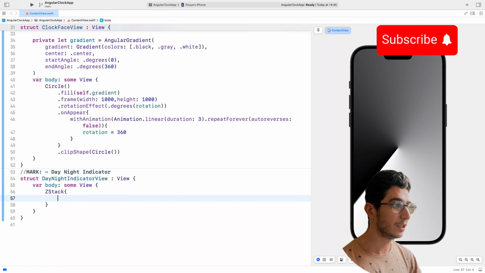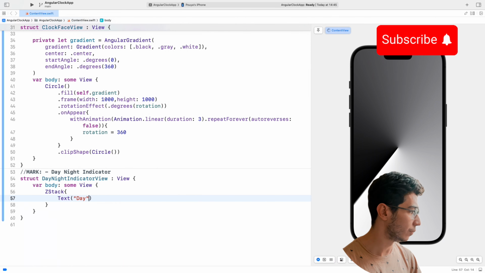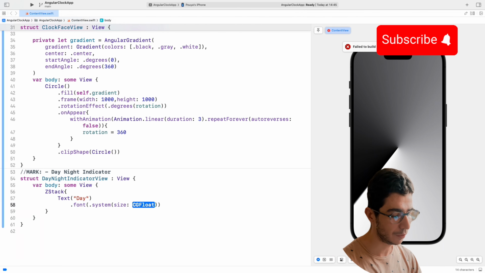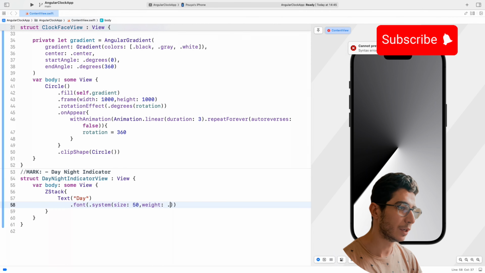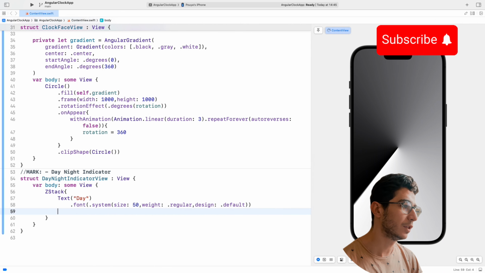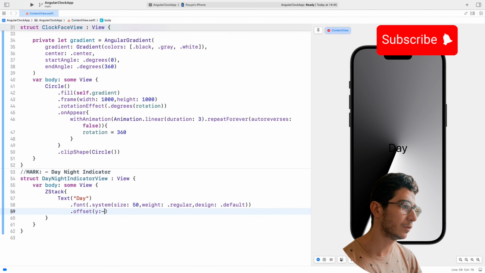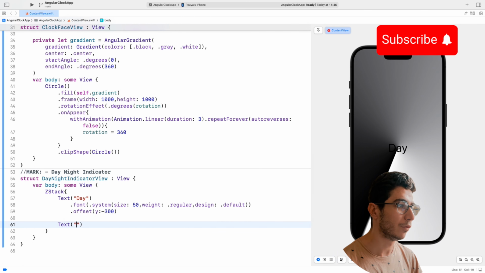So in our view stack we have two texts. Day, that would be font dot system size and would be 50, and weight would be dot regular, and design would be the default here, and offset would be y minus 200. Here it goes, and here we have another text for night,